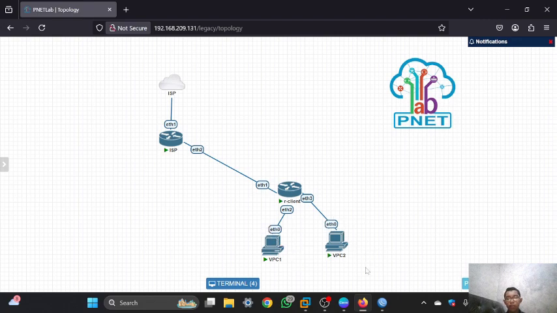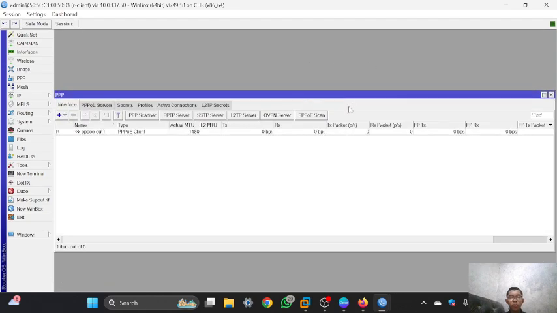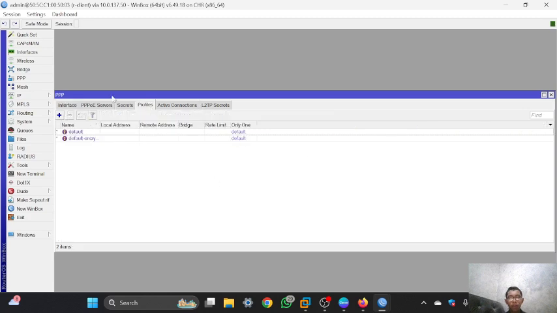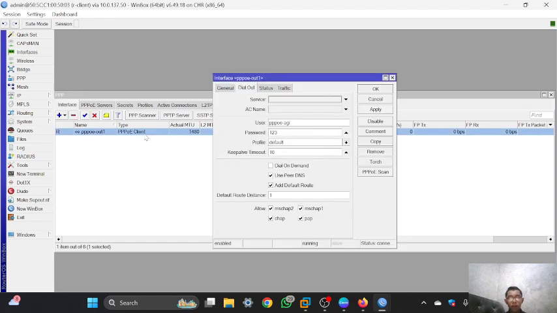the specific bandwidth, but maybe I cannot show you the interface that shows how it works. I just can configure it. In here the profile is default.